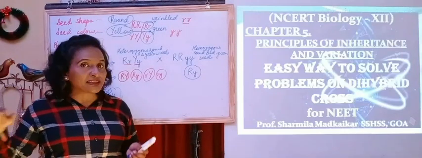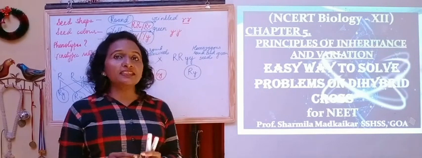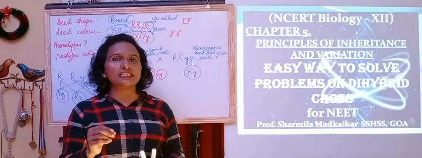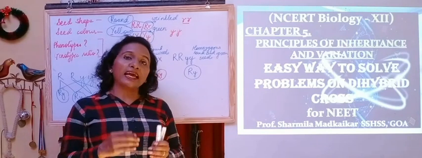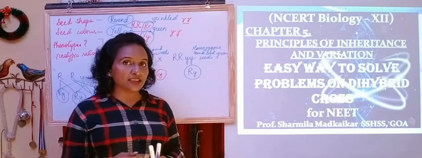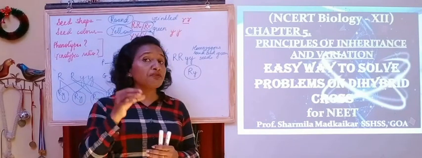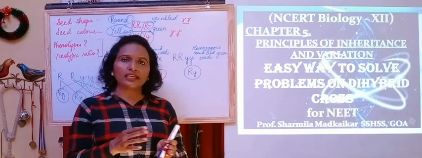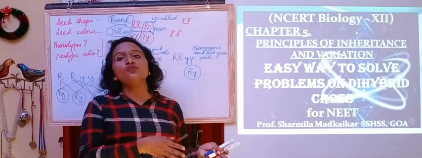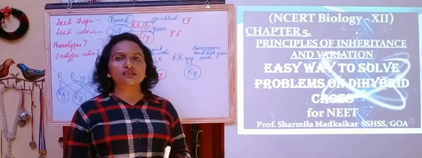I hope by these problems you will understand it and you will be able to answer any problems that are given to you. It is very easy, follow the tips which I have mentioned. Here we have taken only 2 traits, that is seed shape and seed color in pea seeds. There are many animals as well as plants on which different kinds of traits can be asked in any exam. So you should know what the traits are that have been asked and whether it is homozygous or heterozygous. If you know these tips, basically you'll be able to answer any problem.